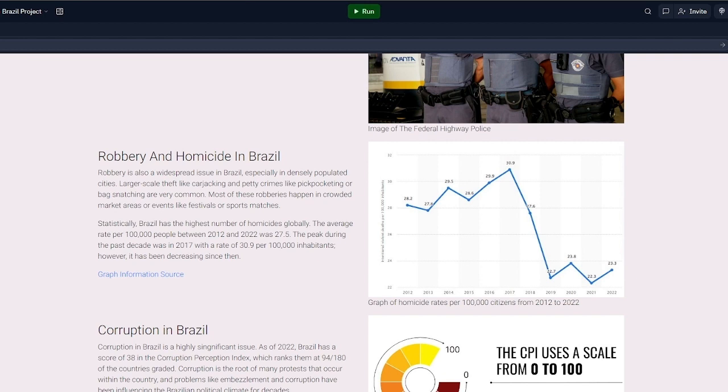Homicide in Brazil is the highest globally, and here's a chart of the last decade from 2012 to 2022 from Statista.com, and here's the source right here under the text. It's been published by the Statista Research Center,